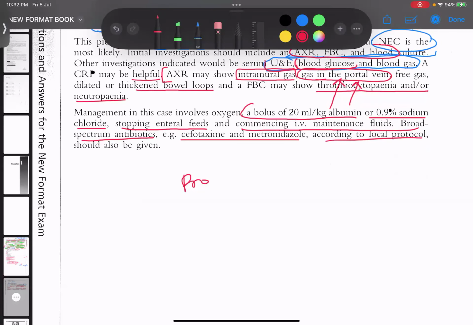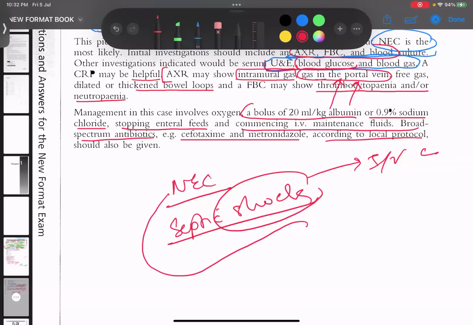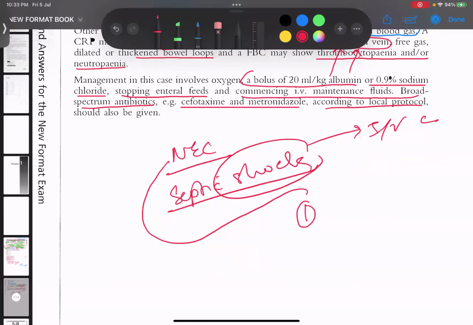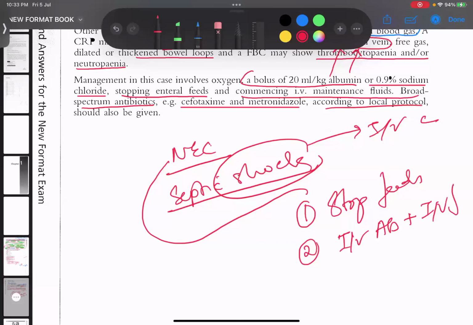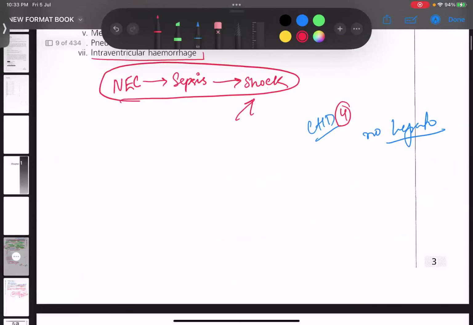So in case of NEC, this child is coming with septic shock, okay, and diagnosis is NEC. So treatment of NEC, immediately we'll go with the IV fluid, that is 20 ml per kg of sodium chloride. And in case of NEC, what did we study? What is the treatment of NEC? The first thing is stop feeds. The second thing is start with IV antibiotic along with that IV fluid. Okay. Stop any kind of feeding, you have to stop it. All kind of enteral feeding has to be stopped. Okay. That's it. We can check